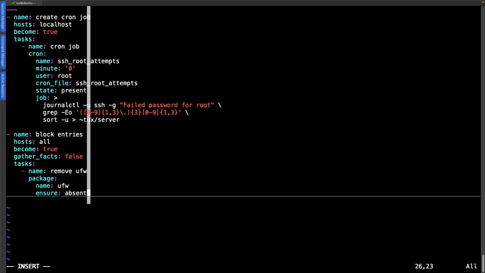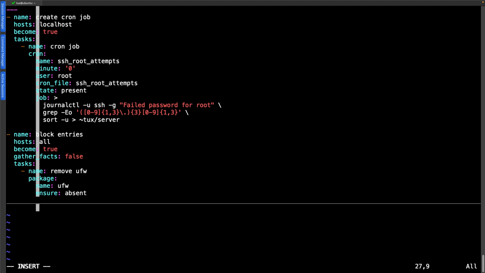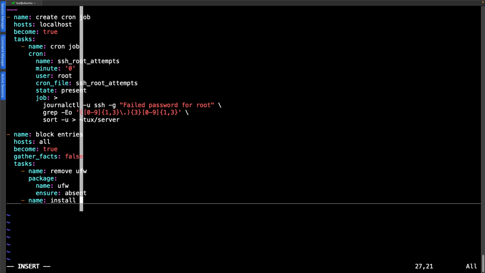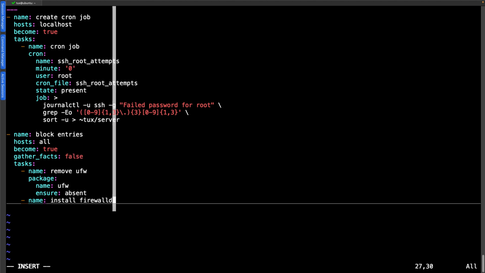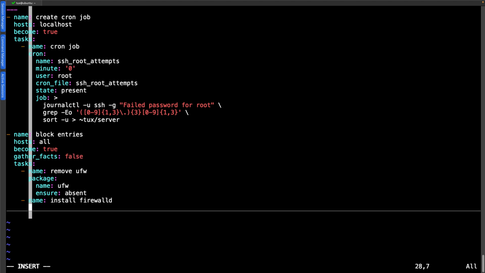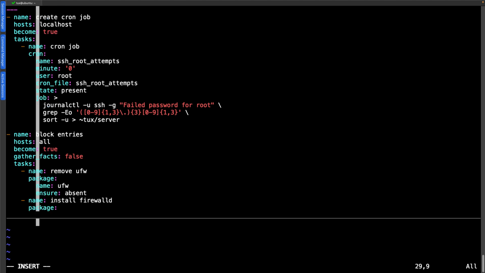There is a typo here. I've got ensure, and that should be state, but we'll leave this in and see the error that it produces so we can tidy it up later. As I then go through and specify the name, this is another task. We want to install Firewall D. So Firewall D is available on both the Rocky system and on the Ubuntu system.